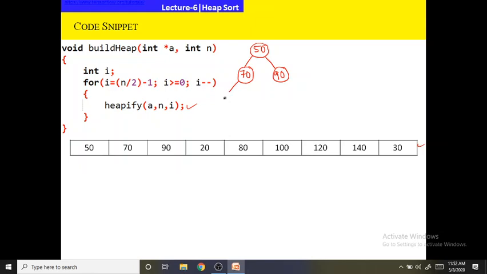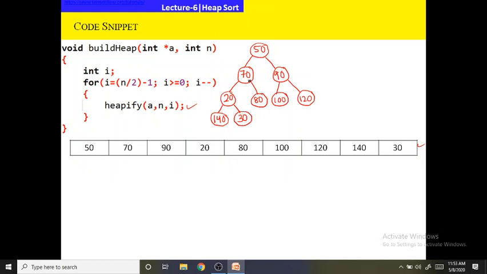Next 20, 80, 100, 120. Next 140. Next 30.